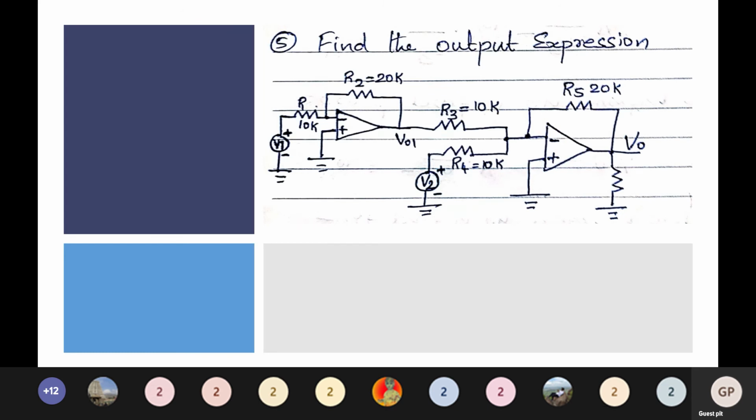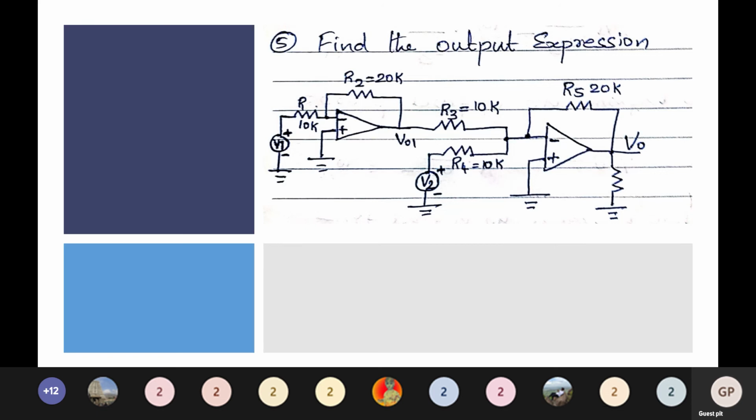See this problem. Some circuit is given and we need to find what is the output expression of this circuit, right? So just see, a circuit is given, how to find out the output expression. We are not able to identify what circuit this is. Okay, on the whole, I am not able to find out what circuit this is, but I can break the circuit into small circuits and identify what type of circuit this is. Is that not? So let me break this and see. Just try, give it a try. Try to find out what circuit each part is. You can easily make it out.